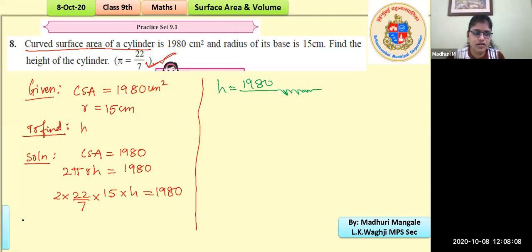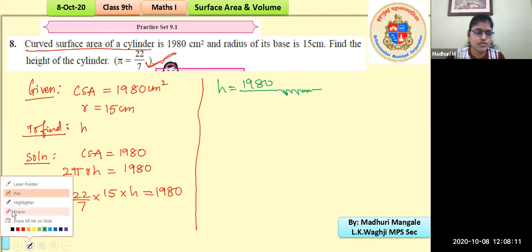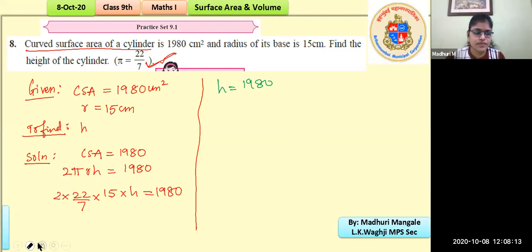Okay, and then, over here we have 7, which is at the bottom. 7 is in denominator, so it has to move to the top, that is the numerator. 2, 22 and 15, they are in the numerator, so they have to go to denominator. So 2 into 22 into 15, and now simply cross out the factors, right? And you will get the answer. So let us solve it out.